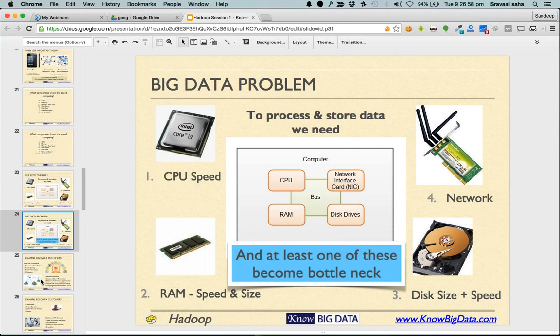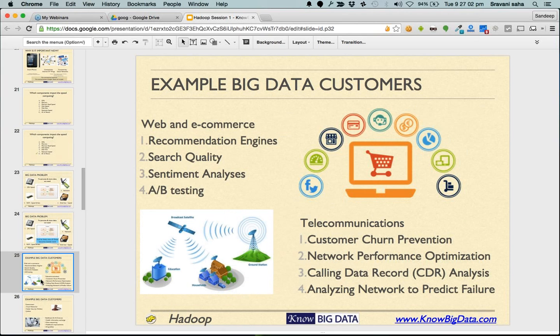Great, great. All right. Now we talked about what big data is, what causes big data, and we also talked about why big data handling is a problem. Now the question is, what's the point? What is the benefit we can derive out of big data?